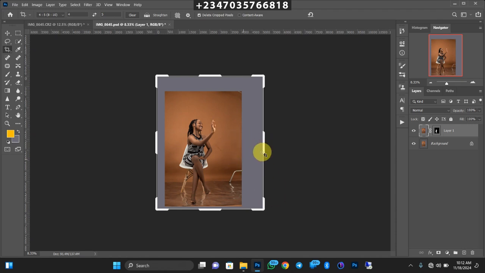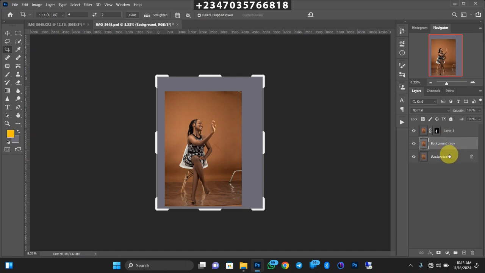Start the expansion. So the next thing to do is to do what? To duplicate your background layer, then select your subject. As you can see, I already have my subject in a separate layer, just like our normal manipulation process. The reason why we are doing this process is for you to fill this area up with the initial backdrop color. So once you're done with your subject layer right now, go back to your background layer, duplicate